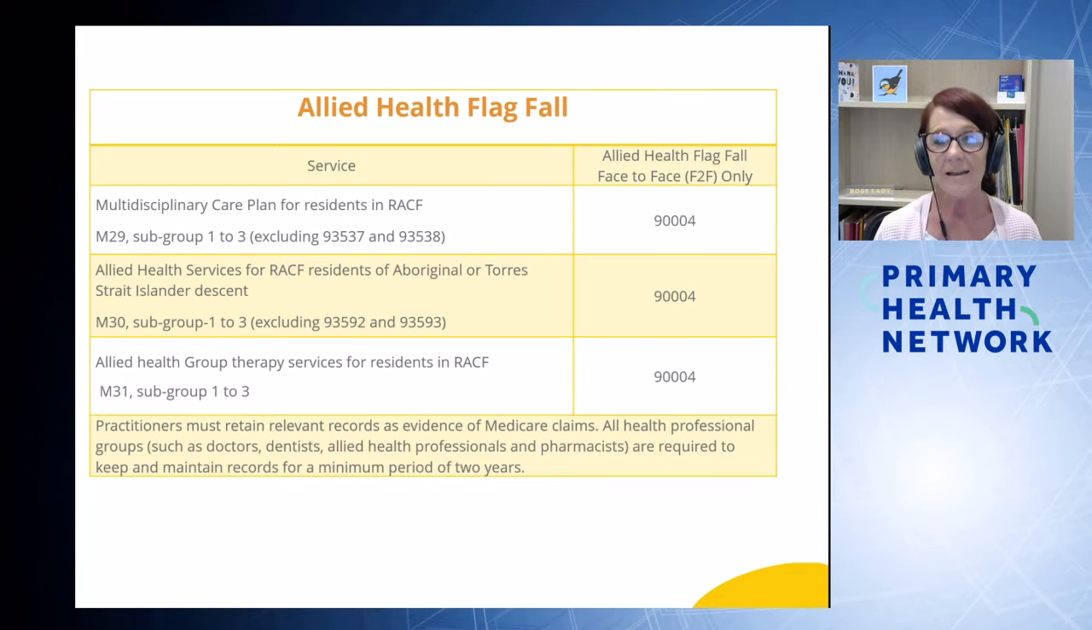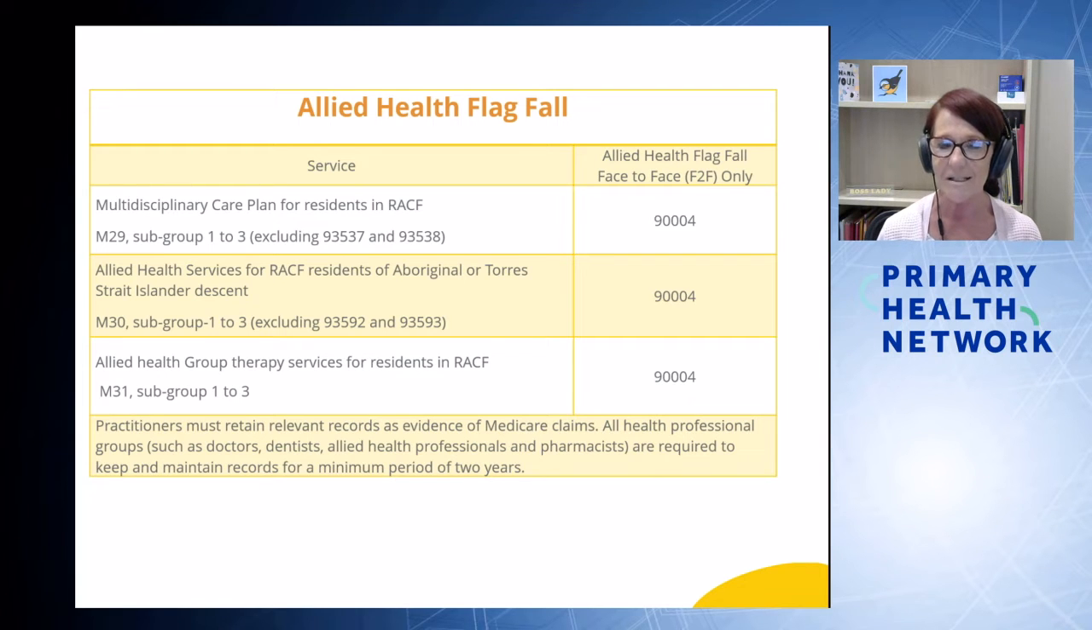Another great announcement is the addition of the flag fall fee. So now allied health providers, just like GPs, when they attend an aged care facility to see a resident, can claim a flag fall fee for the first resident of that visit. So if they go and see only 1 resident, they claim it once. If they go and see 10 residents, they claim it once. So it's just for the first service, but it is an added incentive to try and attract the allied health